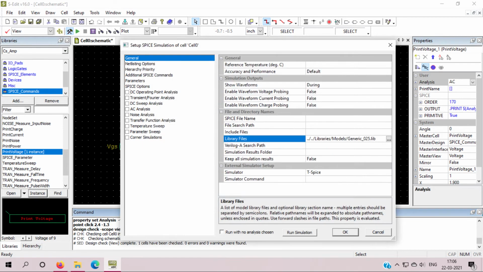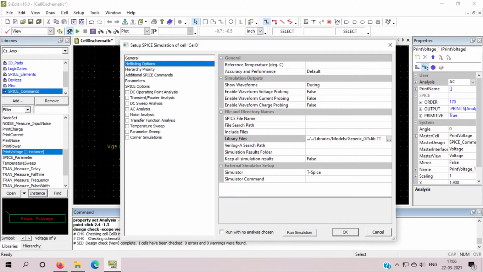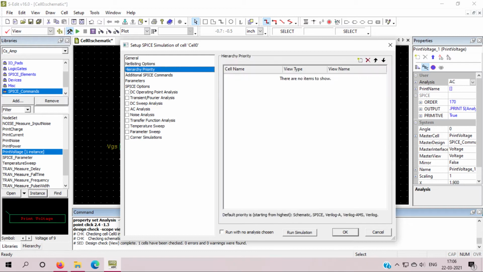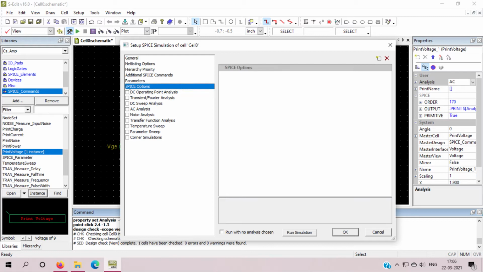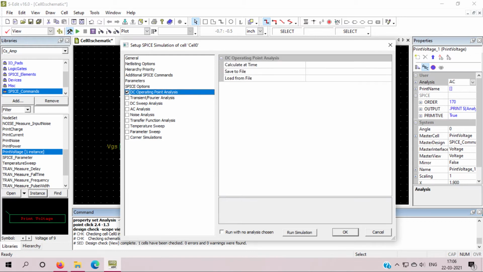I will open this and I will give a space, capital T here. We need not give anything on these options. Now I will go for DC operating point analysis. We just have to select this one, we don't have to give any time or anything else.